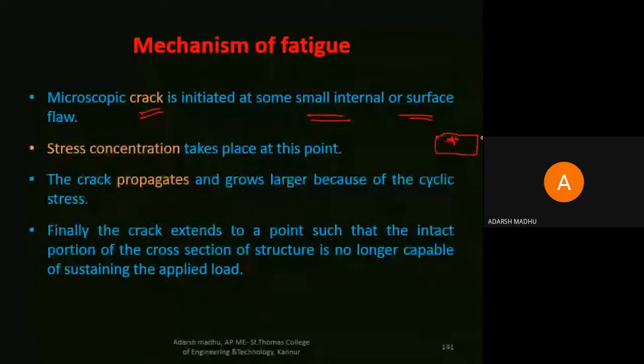Then the crack propagates and grows large because of cyclic stress. When the stress is concentrating on a particular point, cyclic stress occurs. Cyclic stress means repetitive stress occurs at a particular point, and the crack will propagate into a larger crack. And finally, the crack extends up to a limit of the withstanding stress that a metal